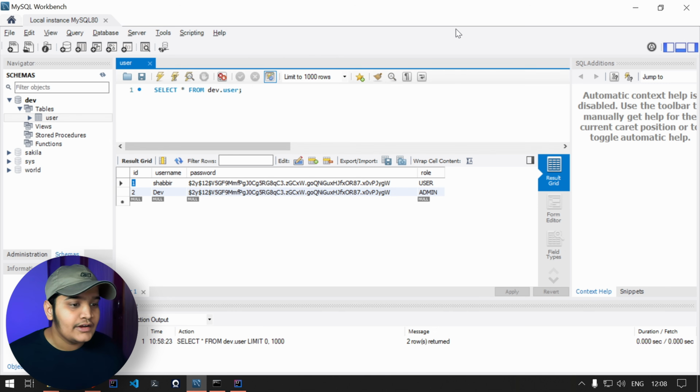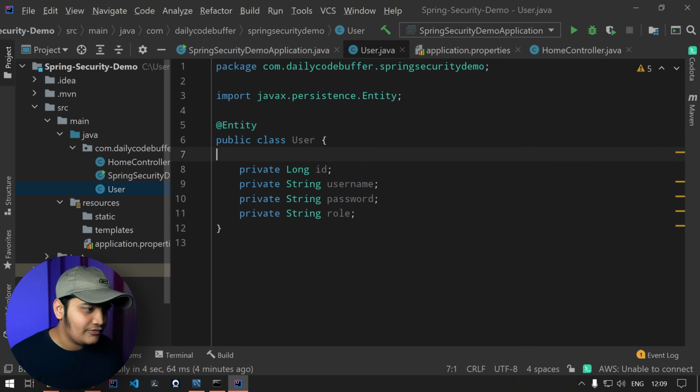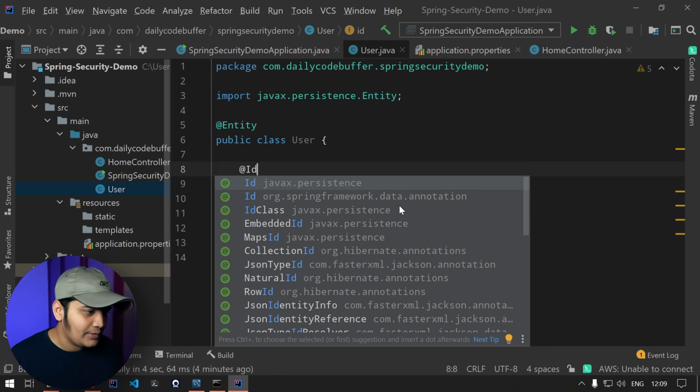Okay, now you can see that I have directly defined the role over here for the sake of simplicity. But if you are working with a production grade application, then you might have a different table for the role, because one user can have multiple roles, and based on those roles you will be authorizing the user itself. For the sake of simplicity, I have directly defined one role to one user over here. I have to define that this is the entity, and that this is the primary key.